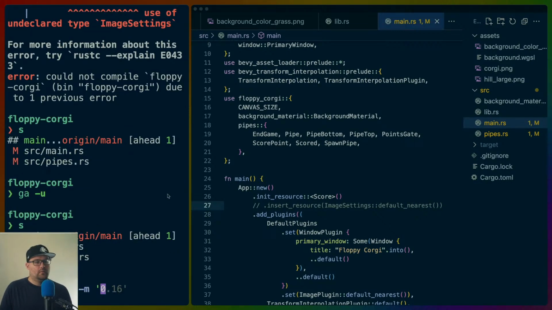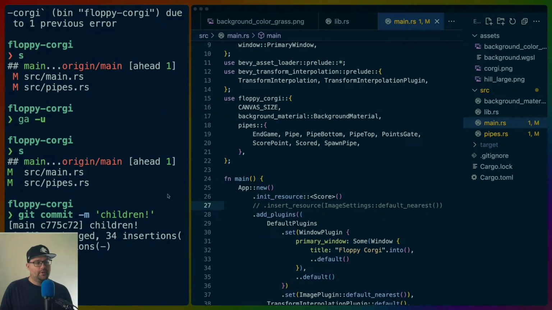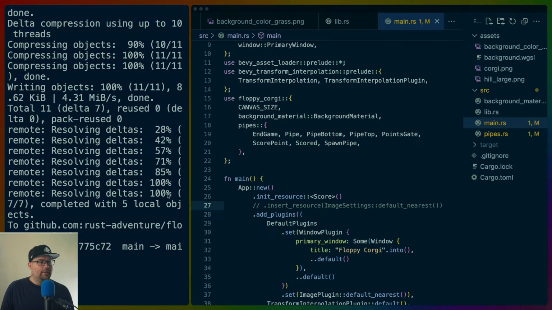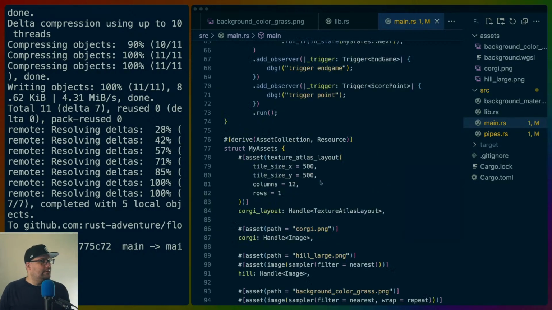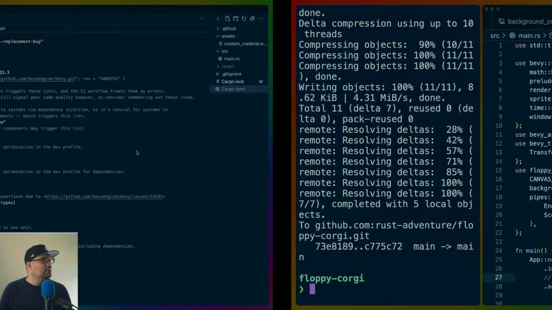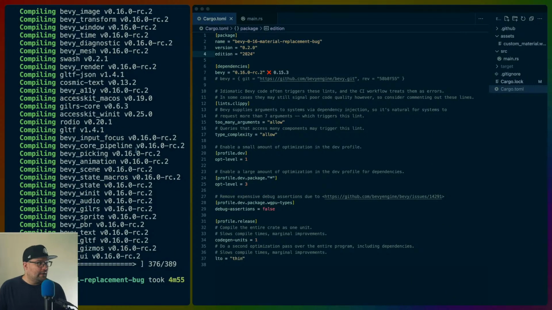Commit. Push this up. I'm just going to push that to main because there's really not that much difference between the two, even though it is 0.16. Okay, so we got 2048, we got